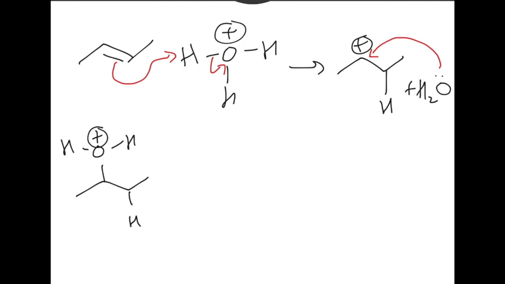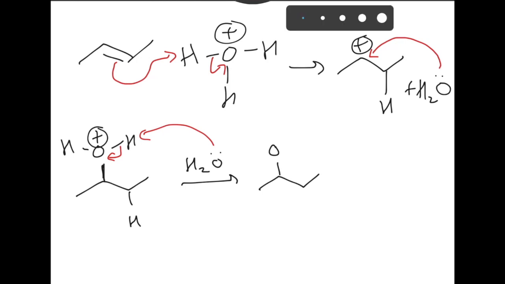So I use those electrons to make a new bond. Those lone pair electrons are now the electrons in that bond right there. I'm one hydrogen away from the product, right? The product's an alcohol, and I have one extra hydrogen. So another water molecule will come in, grab that hydrogen, and make the alcohol product,